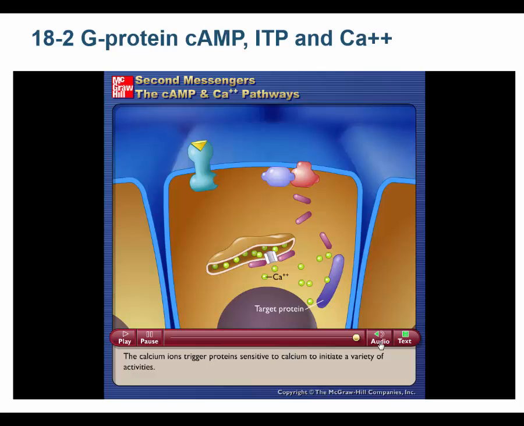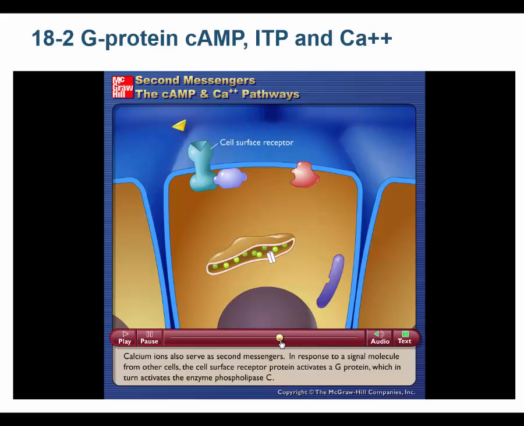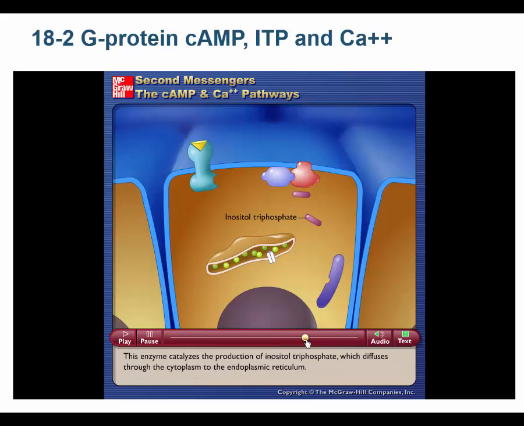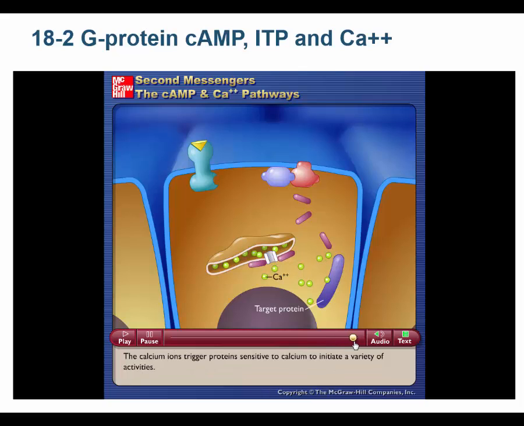Back here, you had the alpha GTP. It didn't show you the alpha GTP, it just says G protein. But remember, it's the alpha GTP that turned on phospholipase C. Phospholipase C made ITP, inositol triphosphate, it's abbreviated ITP. ITP opened the calcium channels, and the calcium binds the calmodulin and does its job. So there's more than one way to get to this